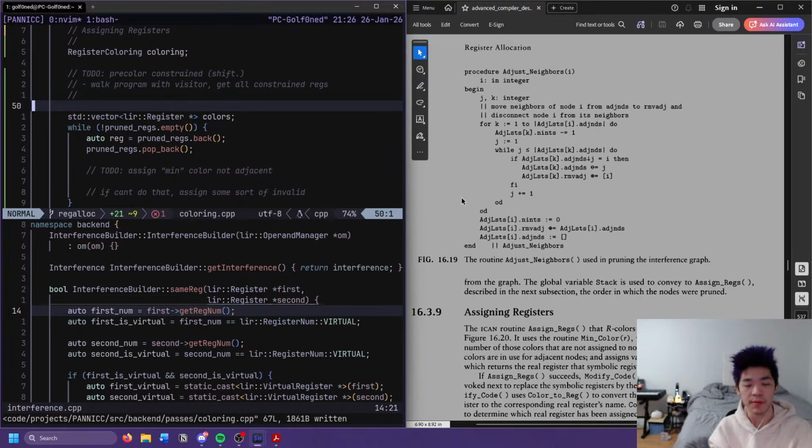We could just keep giving it colors. And then yeah, we could just keep coloring it. And then if we can't color, or I guess if the number of colors required is more than registers, then we return false, and then we figure it out from there, I guess.